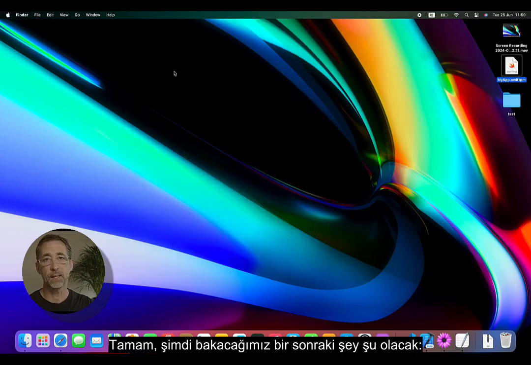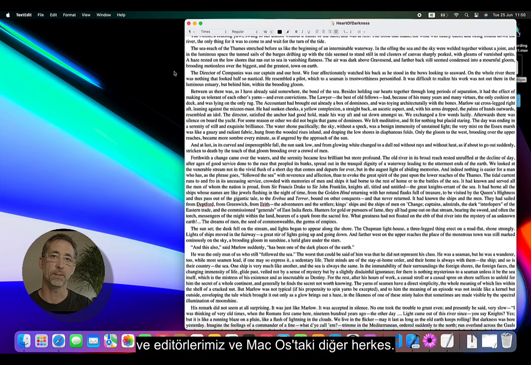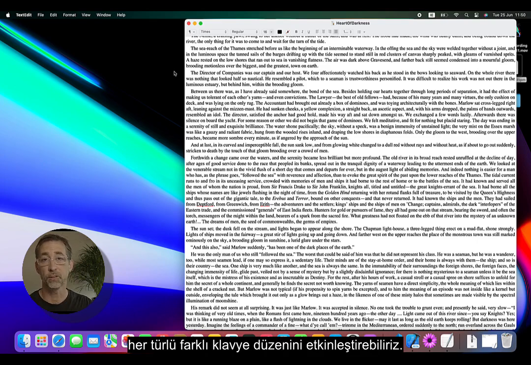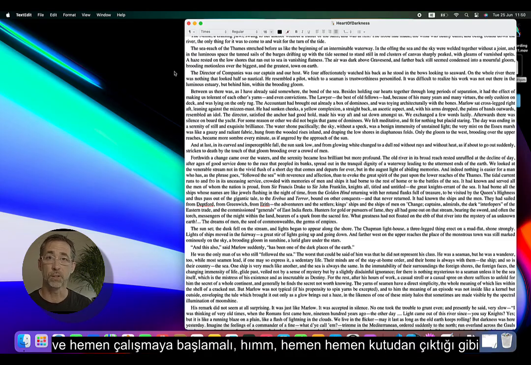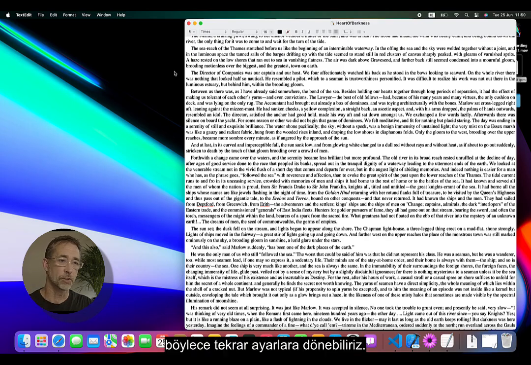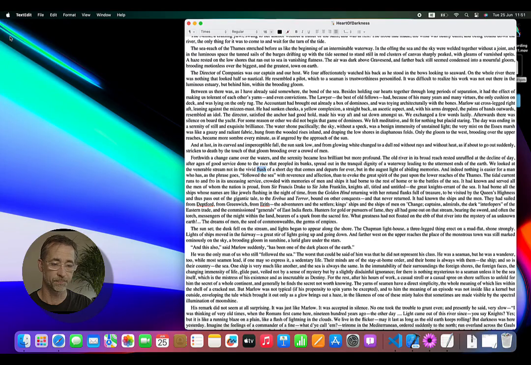Okay, so the next thing we're going to take a look at is input and how we get things into our documents and our editors and all the rest in macOS. When we're working in a file, we can enable all sorts of different keyboard layouts. So if you have your own external keyboard, Bluetooth or wired, you can plug that into macOS and it should work pretty much out of the box. So we can jump back again to settings. For example, in here, I've just got my normal keyboard. If I go up to System Settings,